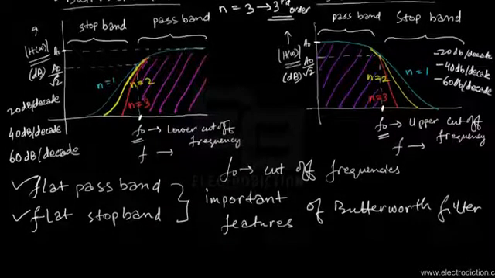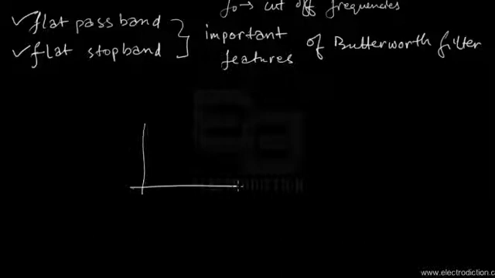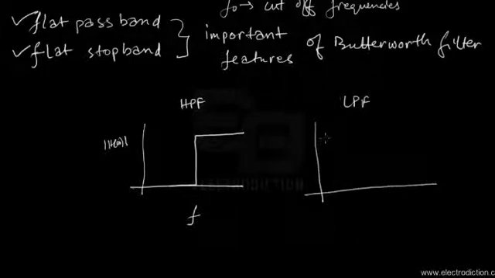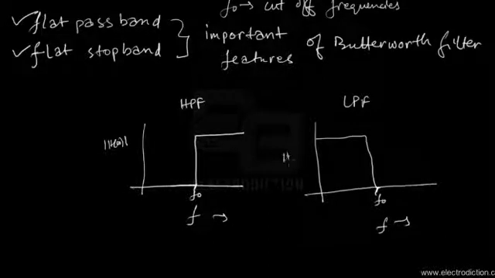Now in the ideal characteristic, the Butterworth filters are the high pass filter. If I just give you the ideal characteristic, the high pass filter is supposed to be something like this. If you plot H(omega), the normalized gain versus the frequency curve, and for a low pass Butterworth filter, the idealized frequency response would have been somewhat this way, where this particular value represents the cutoff frequency. Now that doesn't happen experimentally. So in the experimental determination of the corresponding frequency responses,